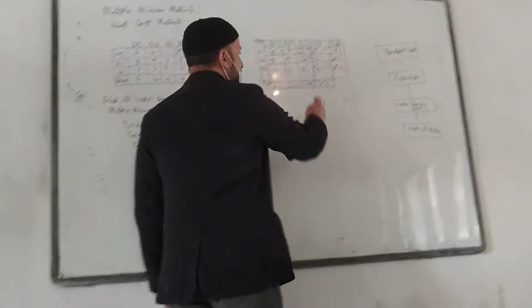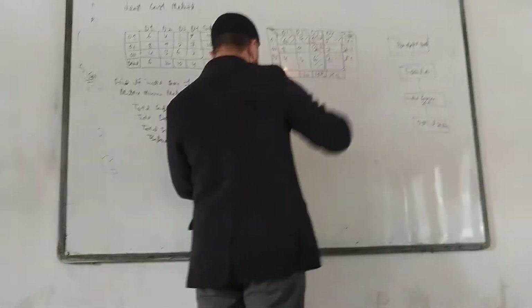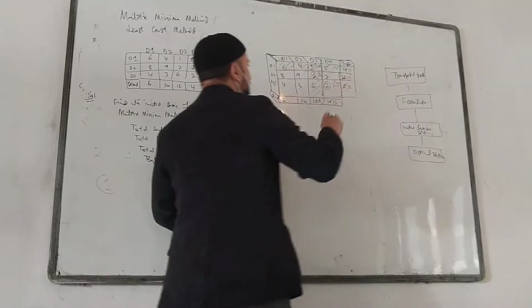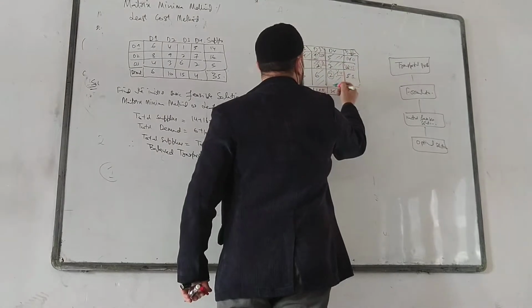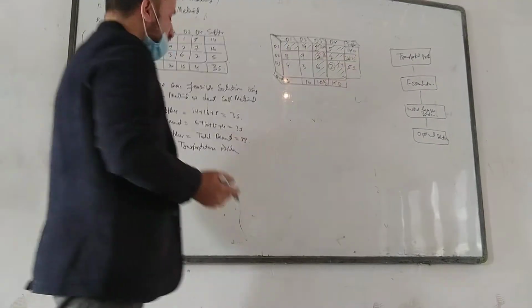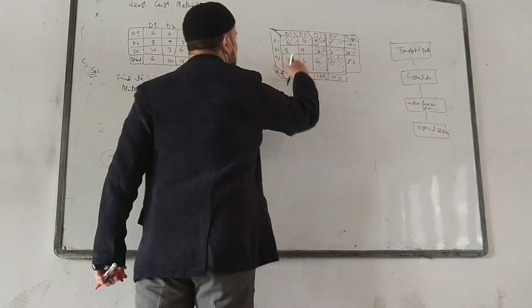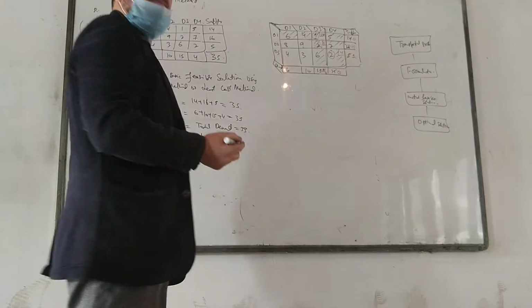1. So if it is 0, can I work on this? No, sir. So what do I have to do? Gray out. I have to gray out this. I have assigned this now. Yes, sir. So what is left out now? 8, 9, 4, 3. This is what is left out.